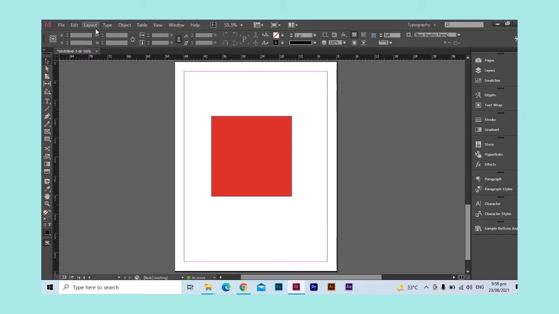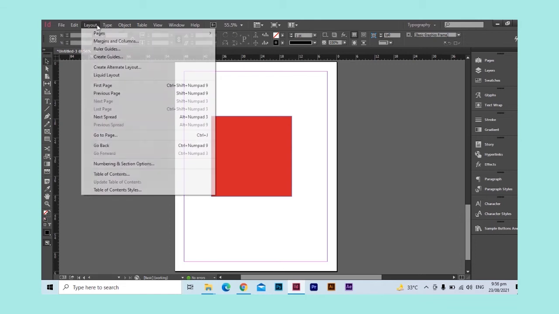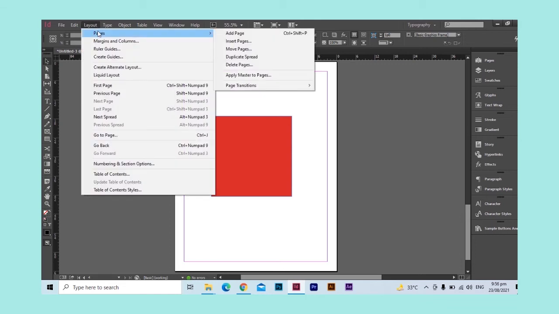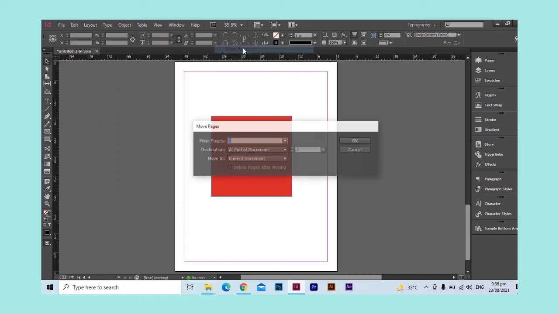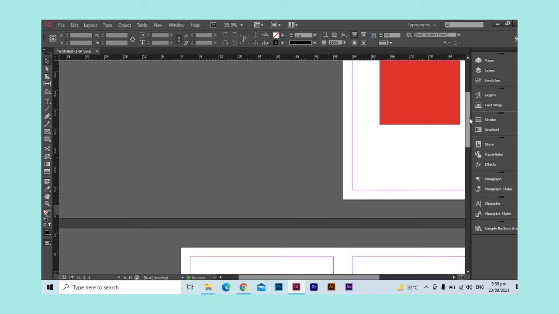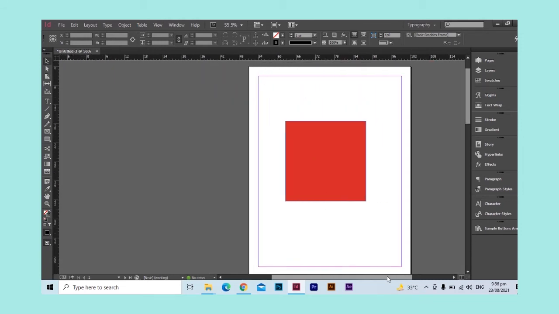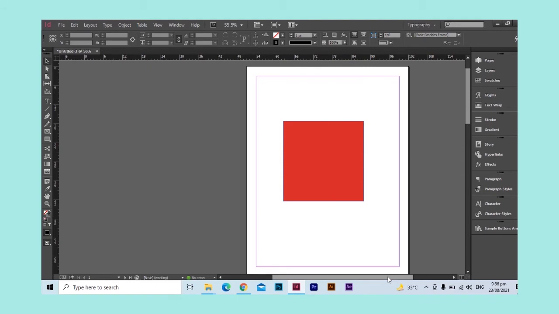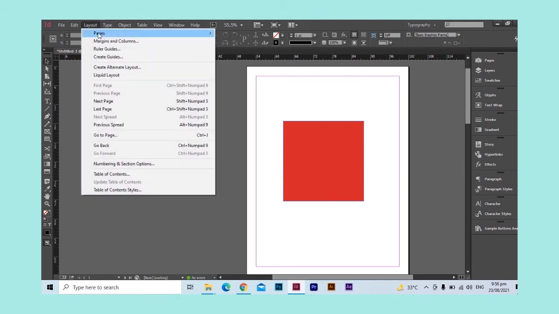Now I want it back at the start of the document, so I click on the move page option, move page as start of document. You can see that. So that is how the move page option works.